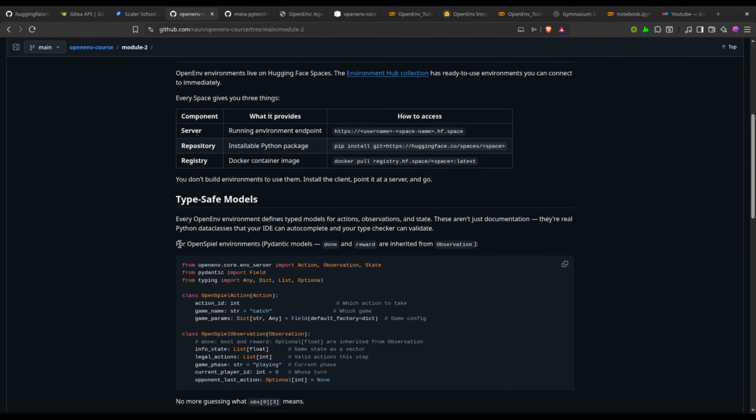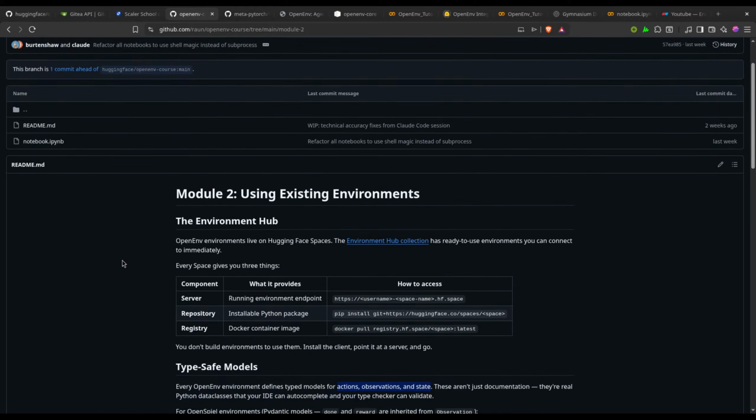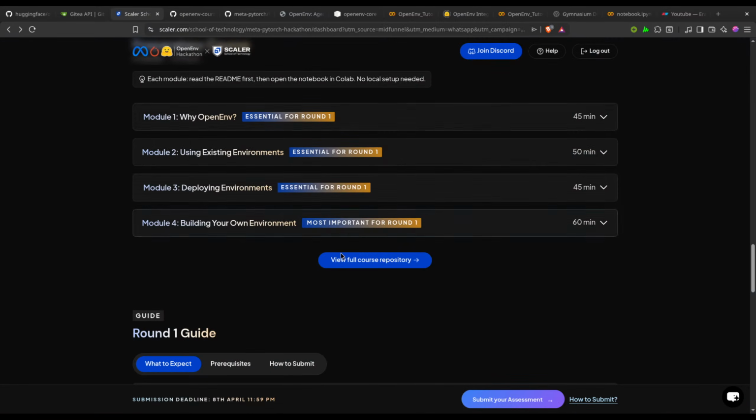Even the OpenEnv environment defines type models of action, observation and state. So these are all the things that they have defined, so that we can understand, implement or reuse these things to get a standard output of those things that we have already discussed previously, which was firstly, let me set up the context for what I'm talking about.